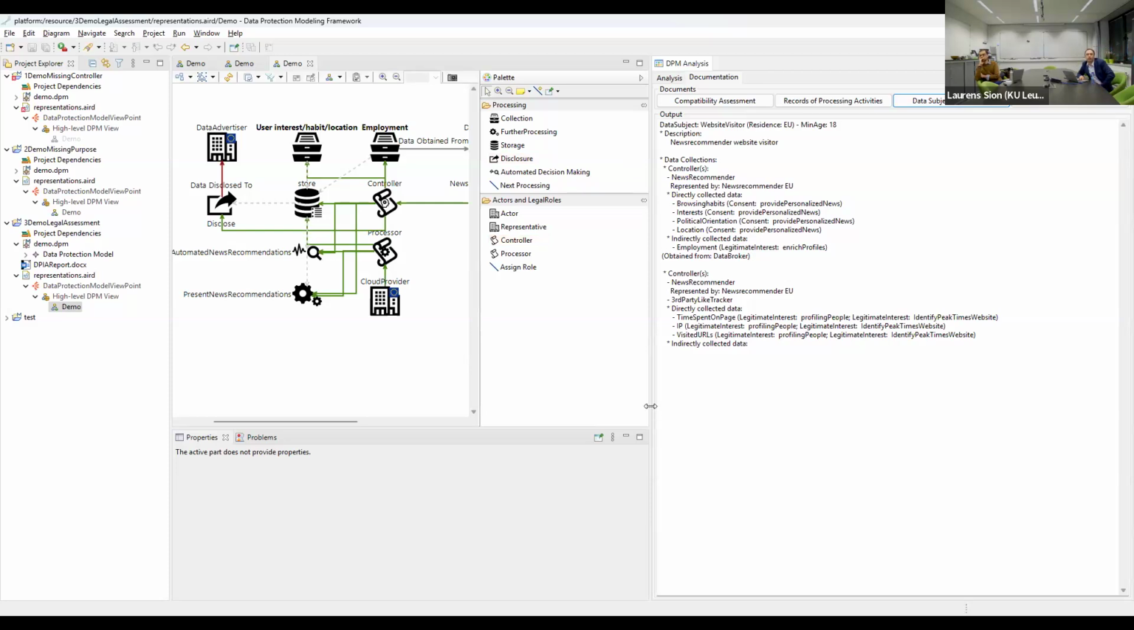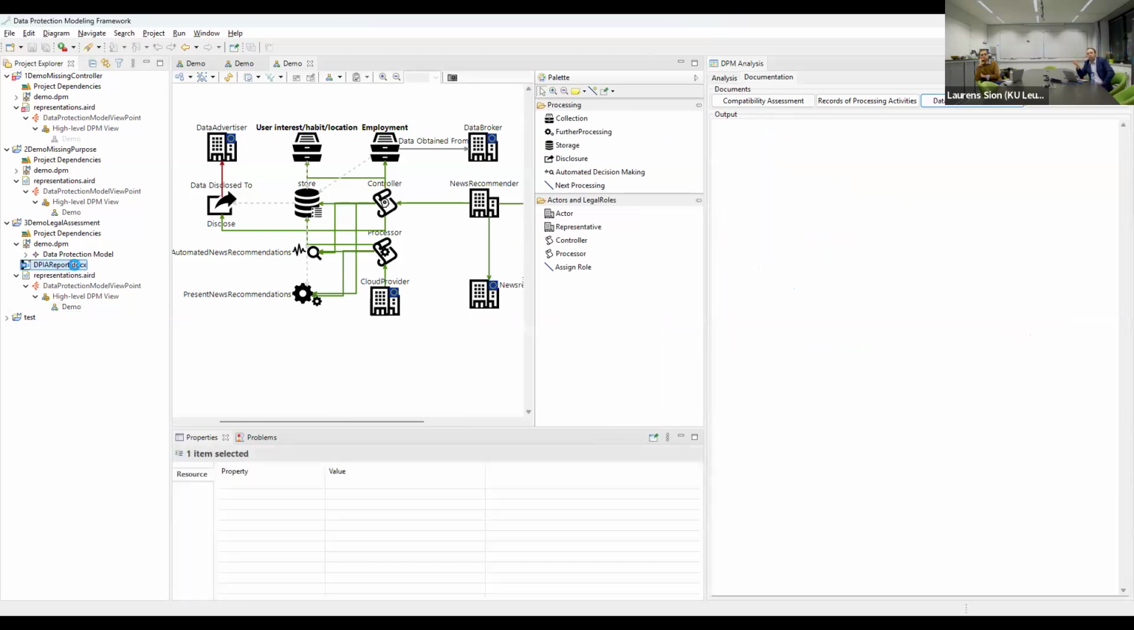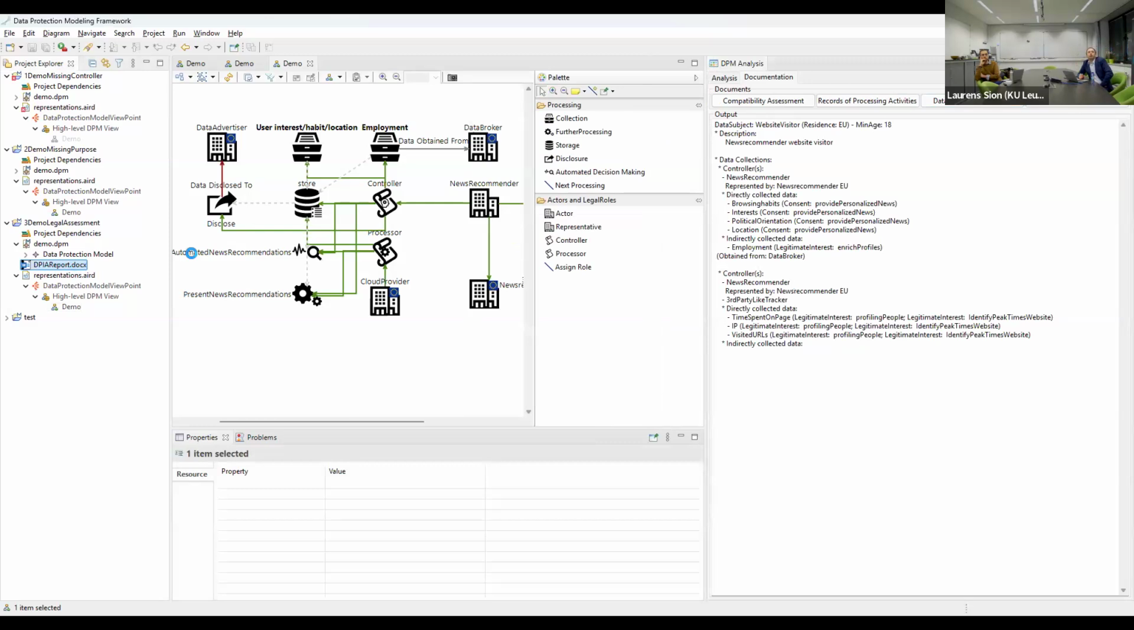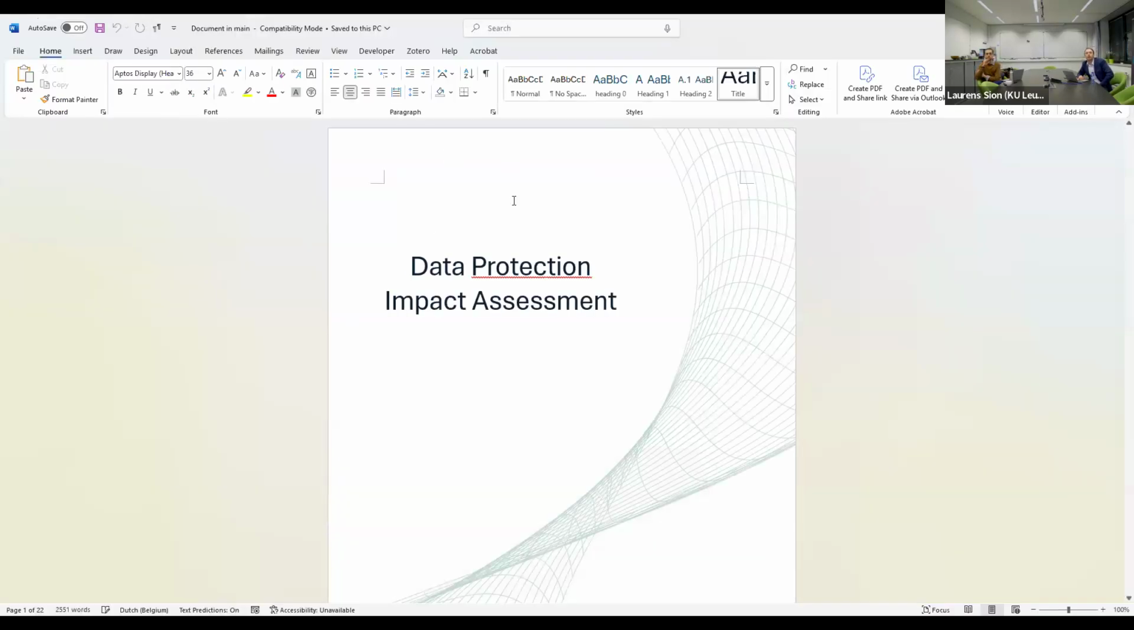And then a final example is the DPIA report. So this is a more extensive export of the information in the model, which automatically, I don't know if that will show in Eclipse as well, I don't think so. I have to share a different screen again. So if you see the document,